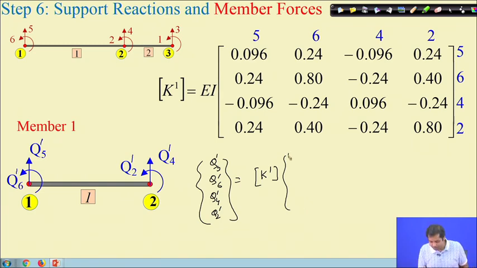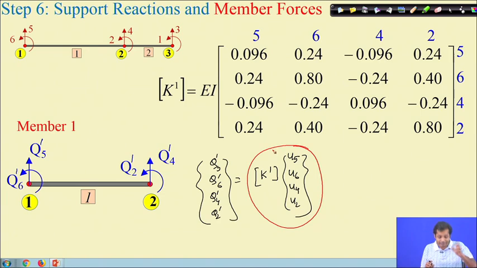What are the displacements? The displacements will be U5, U6, U4 and U2. So, this part is the contribution due to the displacement,